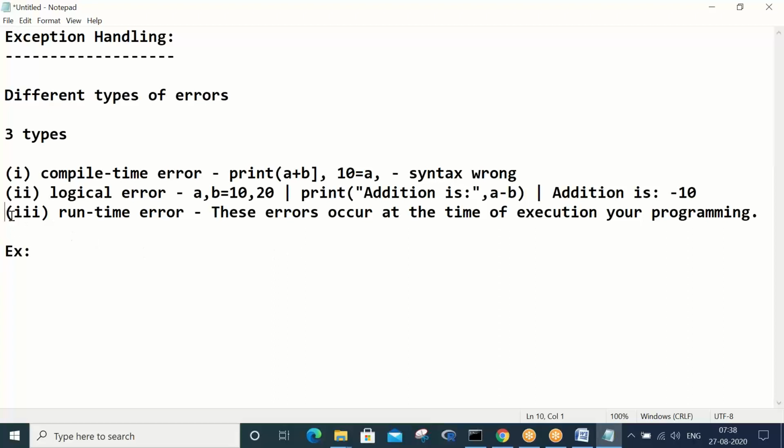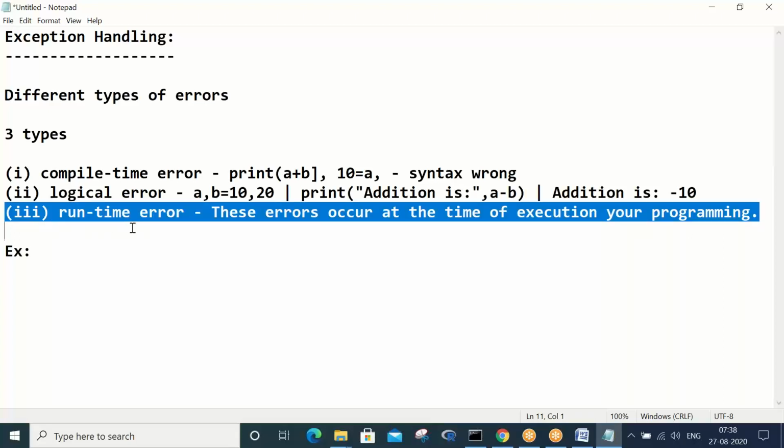Our focus is on this; the entire concept's focus is on runtime error, not on the first two.